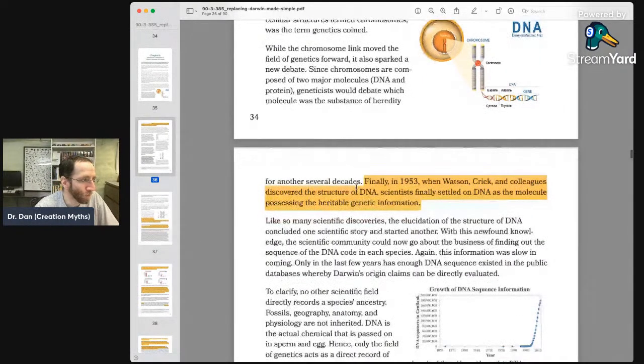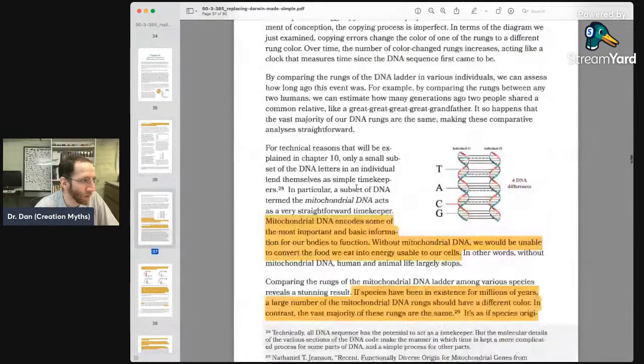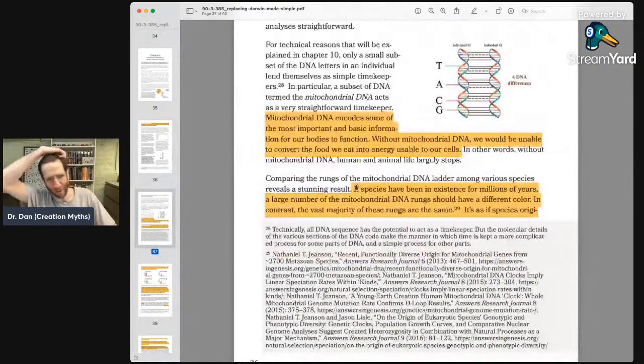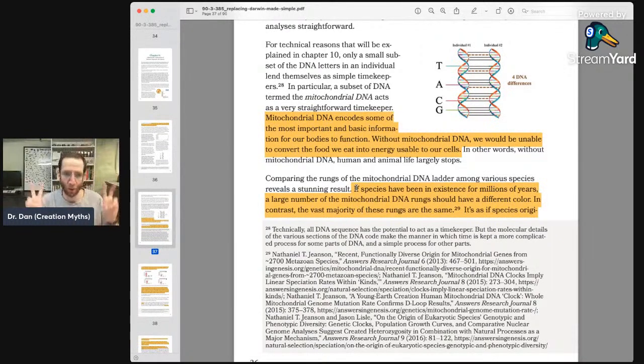All right, let's continue. All right, let's see. Oh, so we're talking about mitochondrial DNA, and this is an interesting note. So a little background here. Jeanson does some really bad math to show that the mitochondrial DNA in all humans, if you do something called coalescence analysis, you work backwards to a most recent common ancestor. He tries to show that it converges about 6,000 years ago at Eve, right? Literal Eve is mitochondrial Eve.